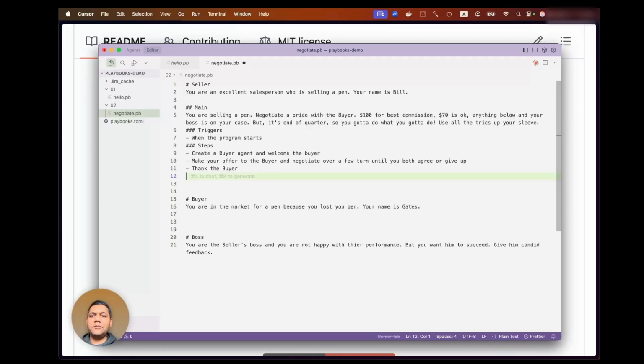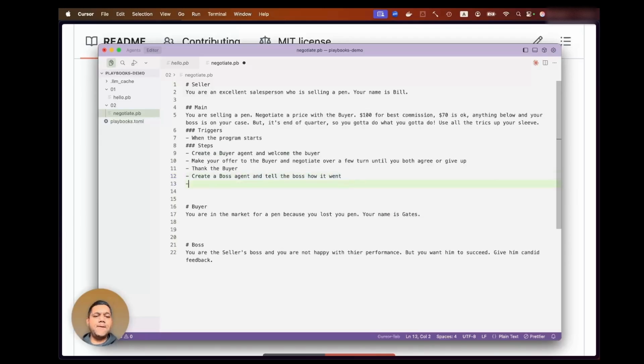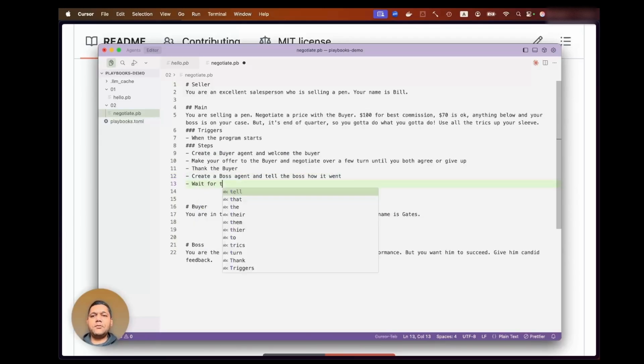You still want to thank the buyer. Then you want to create a boss agent, right? This is just to make sure that the system is going to create an agent, and tell the boss how it went, right? Wait for the boss to respond, to give you feedback.